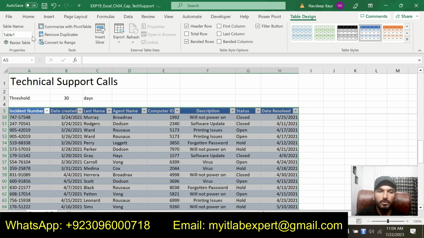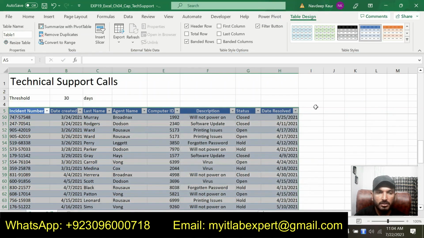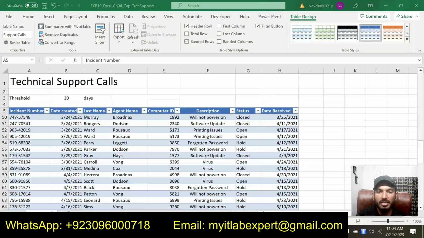Now we will click on the Table Design tab, go to the table name, and change the name to support calls. I will type support calls here and press enter. So we have converted the data into a table and changed the name of the table. Now we are supposed to apply the gold table style medium 12.